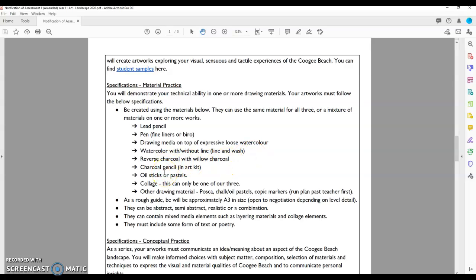Oil sticks and pastels a little bit hard, unless of course you want to go and buy them from the art shop. And collage, I know Brian, you took some paper, you guys might have some paper at home, and collage can be incorporated into your other mediums as well that you might want to create a background for. If you have any access to any Poscas, Copic markers, oil pastels, just run your ID past me first. There's some great,